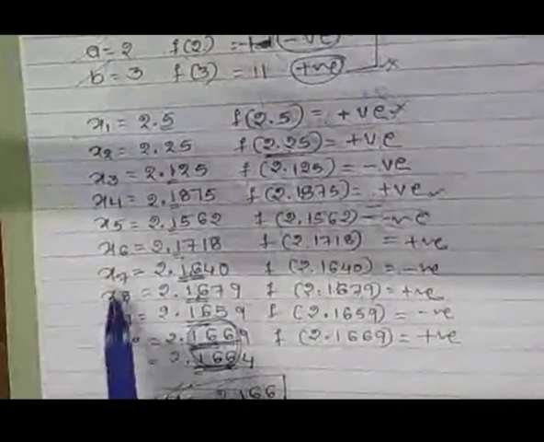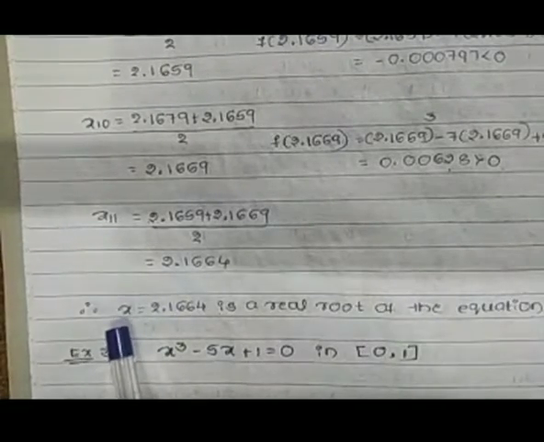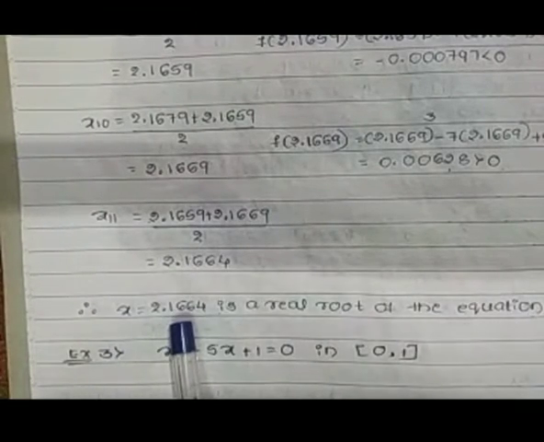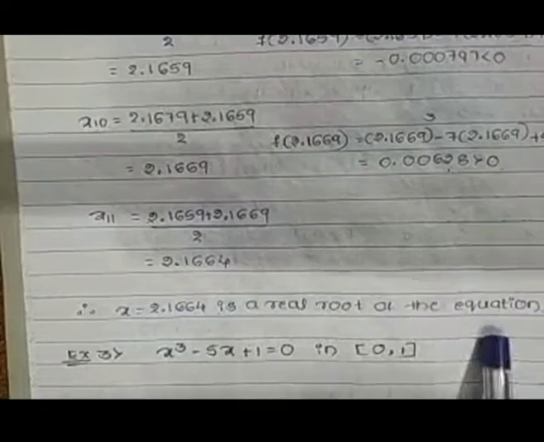Then after that calculate the first approximation, then keep on calculating the approximate values till we get a minimum of 3 decimal points the same. We have to keep calculating until a minimum of 3 decimal points are the same. Then how we are adding and dividing, that is important. Using one positive and one negative value, the concept continues here. So based on that we can decide the answer. So for this second question, x is equal to 2.166 is the required real root of the equation. Then similarly, one more example.